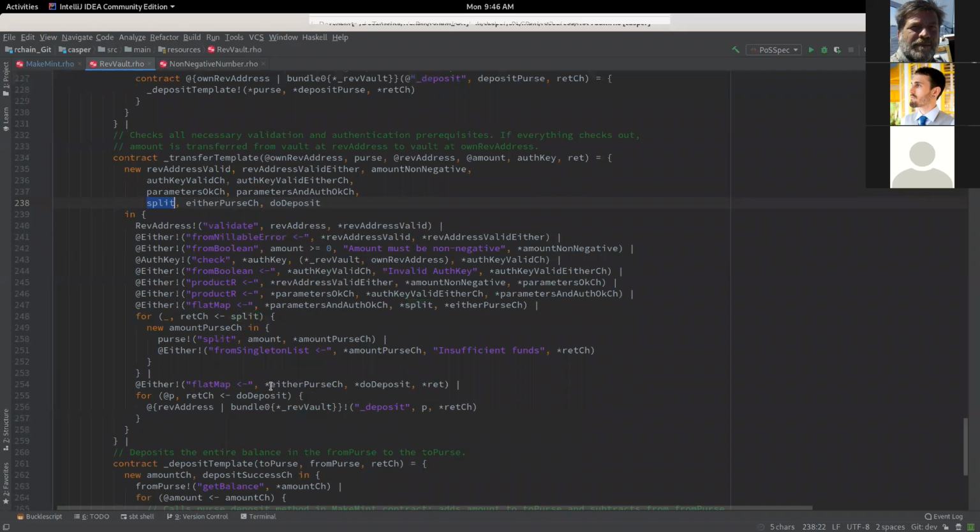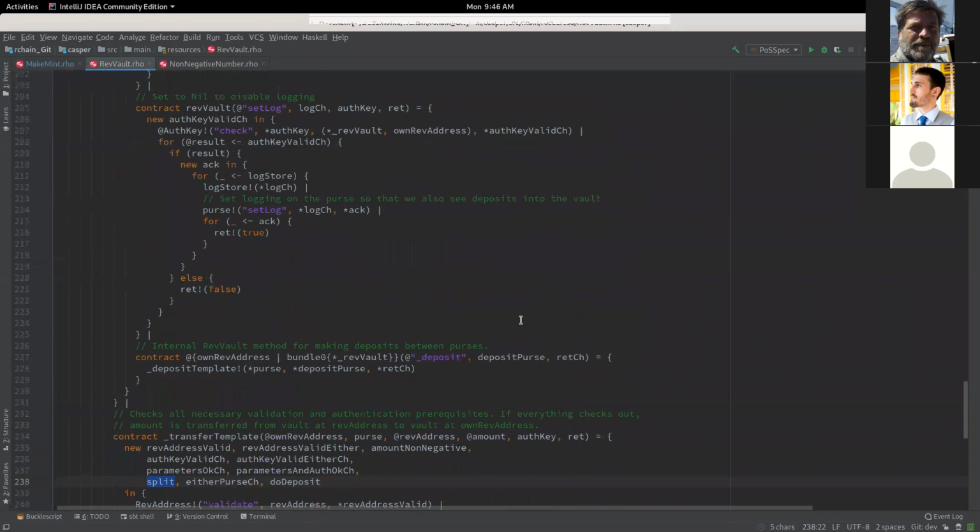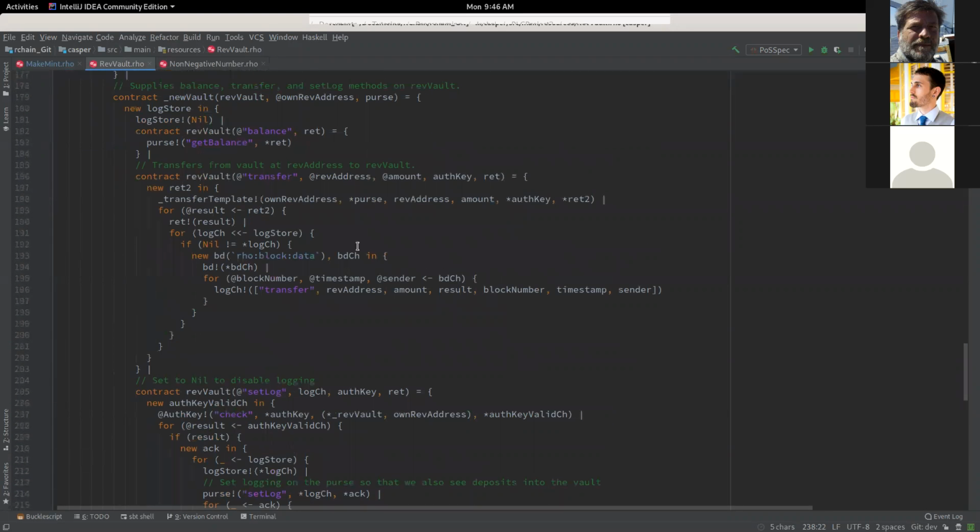It's always so difficult to find what I'm looking for here. We want to do a transfer, and this may not be exactly the right place, but we want to transfer from the vault at that rev address to this rev vault.